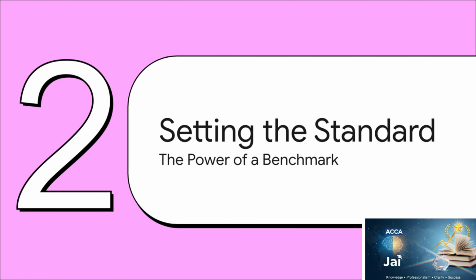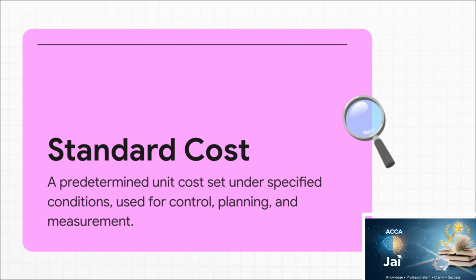Now, to control your costs, you first need a target to aim for, right? A benchmark. And that's where something called standard costing comes in. Think of it as the blueprint for what your product should cost. So a standard cost is basically that target. It's a preset idea of what a product is supposed to cost under normal, efficient conditions. It's like having the perfect recipe. Businesses use it for all sorts of things, planning their budgets, seeing how well they're performing, and generally just keeping